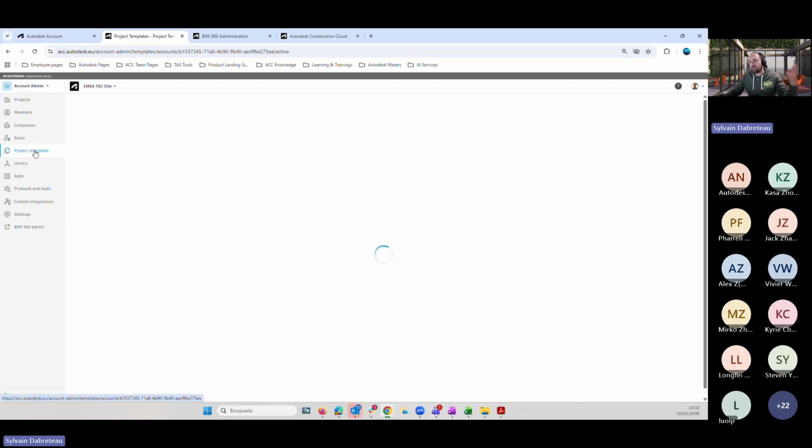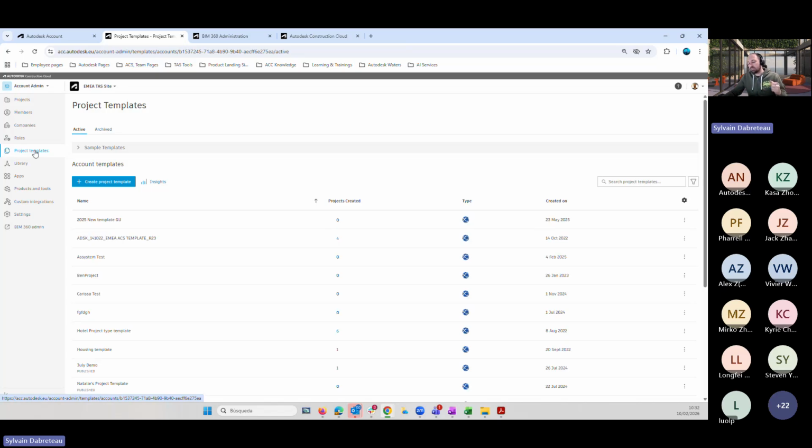We have project templates. When we need to create a brand new project, if we have a template already available with the different workflows, etc., we don't have to repeat the folders, the permissions, the people, etc. Not relevant in this case because we are speaking about one existing project. But maybe in the future, if you are working on multiple projects, that could be relevant.